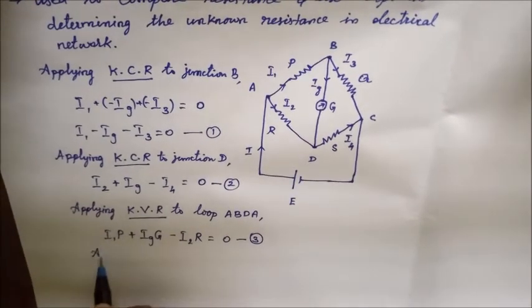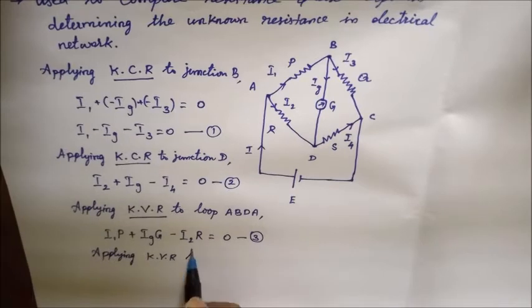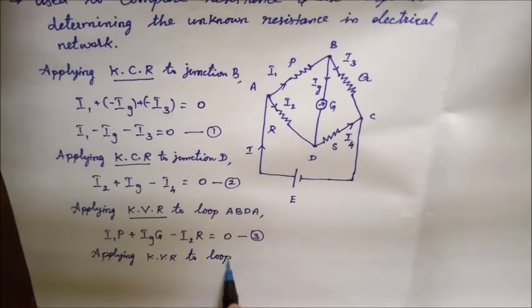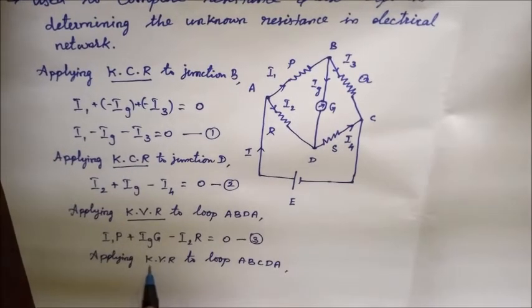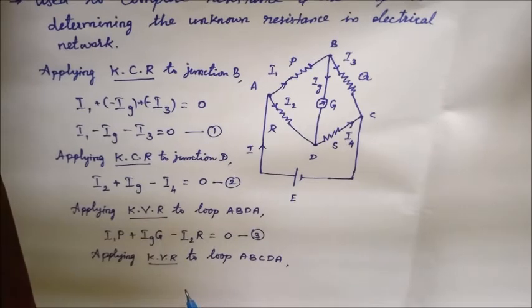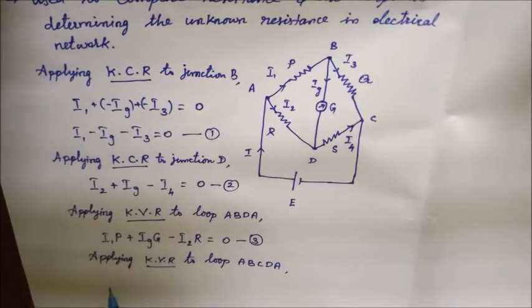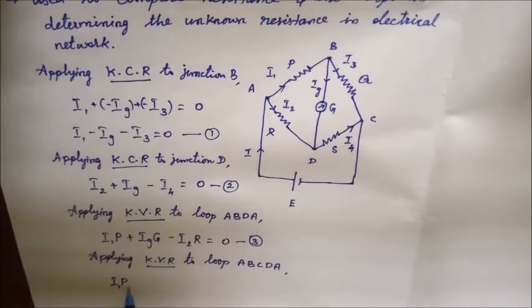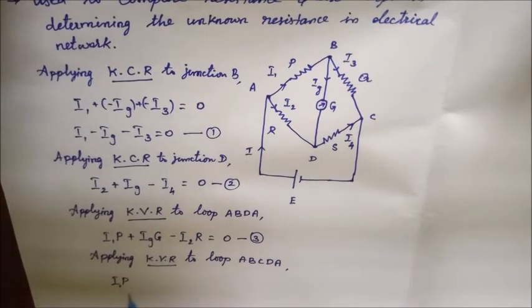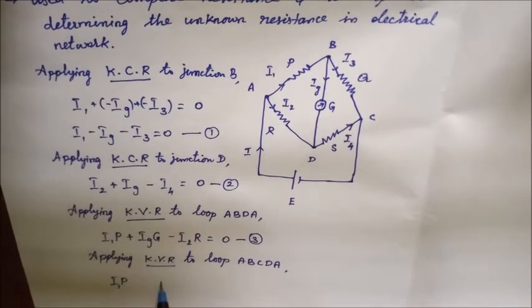In the same way we have to apply Kirchhoff's voltage rule to loop A, B, C, D, A. So again the same Kirchhoff's voltage rule we apply for this loop: the sum of the products of current and resistance involved in that loop is numerically equal to the EMF involved in it. So here I1P, then